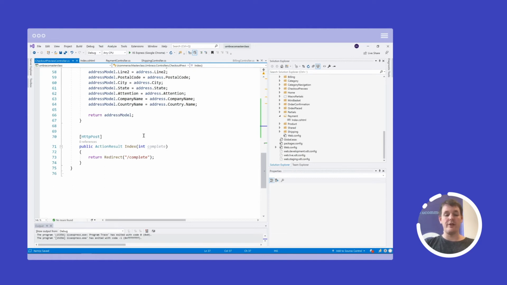Here we do return redirect, but in this case we want to eventually land on the complete page, but we need to go through the actual payment page, which is something that the user won't see because he will just be redirected again to the correct page.